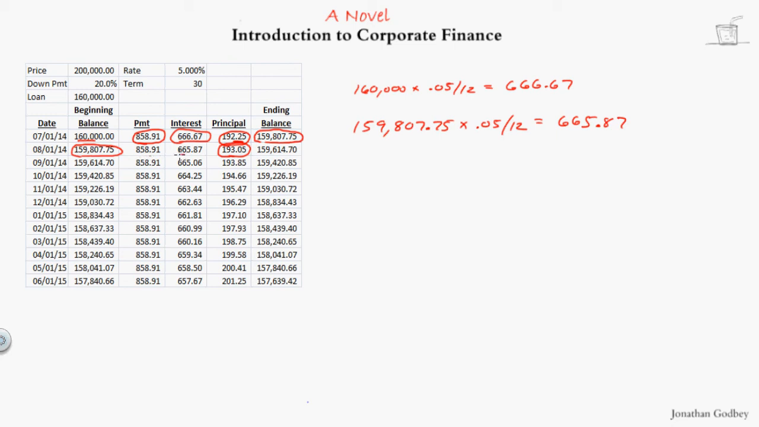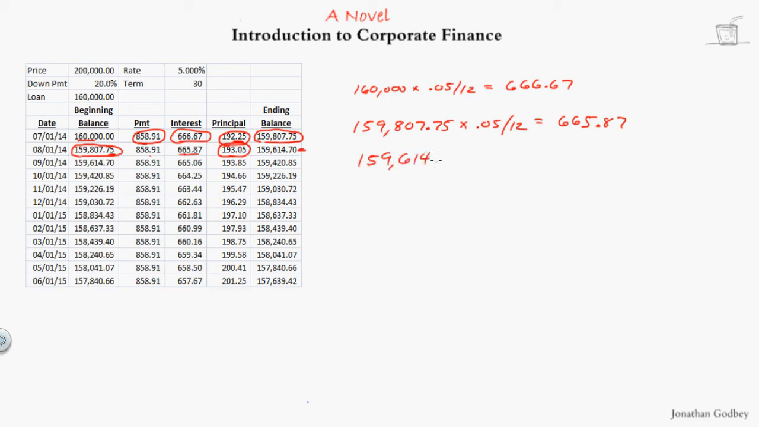$858.91 minus $665.87, and these numbers are from Excel, so there are some rounding issues. That's why this doesn't add up perfectly every time. I'm just not showing any decimals past the penny. Don't let that bother you. So 858.91 minus 665.87 is 193.05. Subtract the 193.05 from this 159, and we now owe